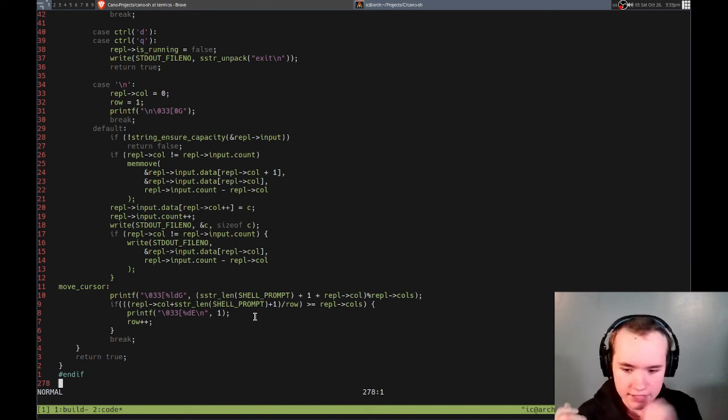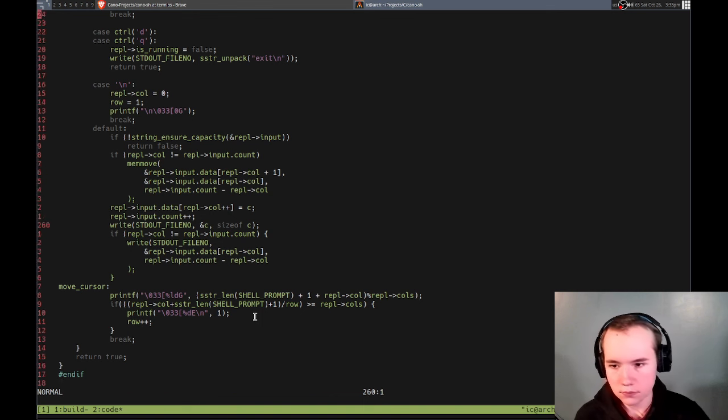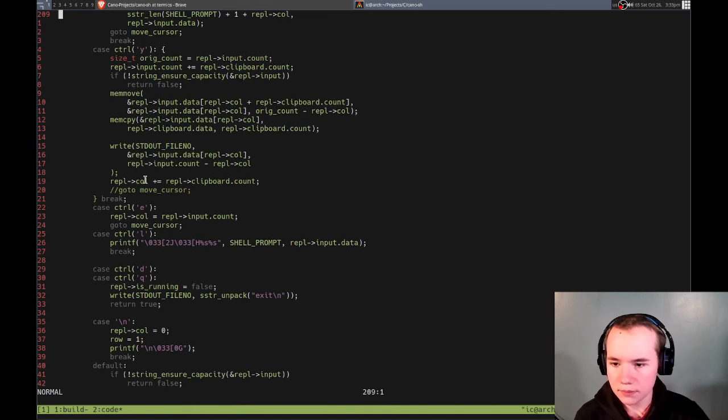This is how many lines it moves down. Right. And this one, we set the column, and we don't move it because it automatically moves. But then,